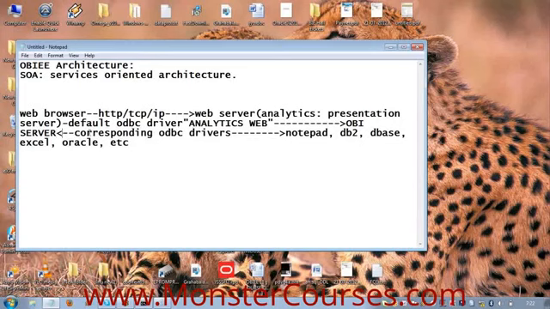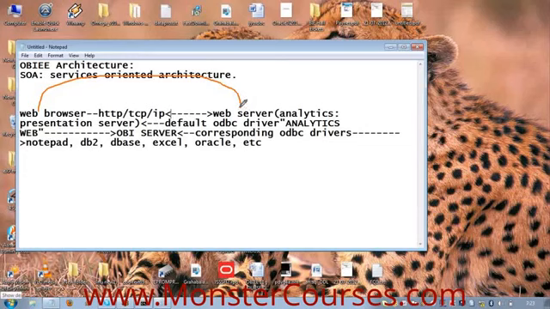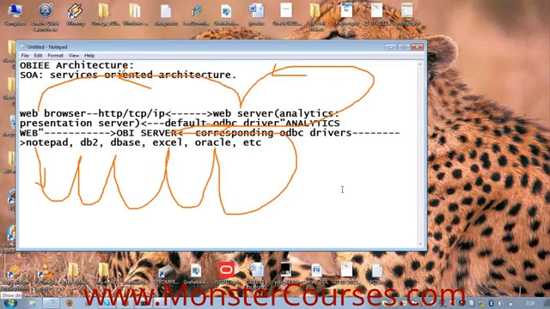Web browser to web server. So we have communication from the web browser to the web server using the protocol HTTP or TCP/IP.